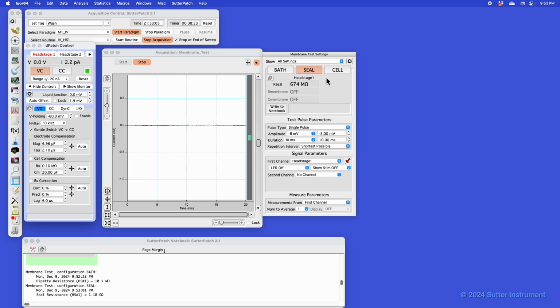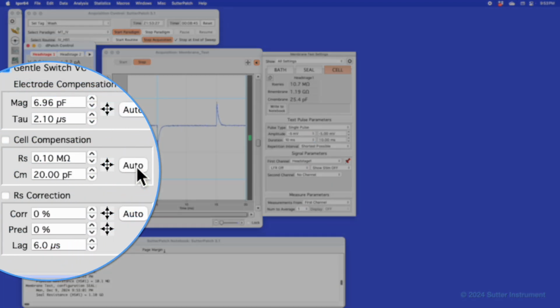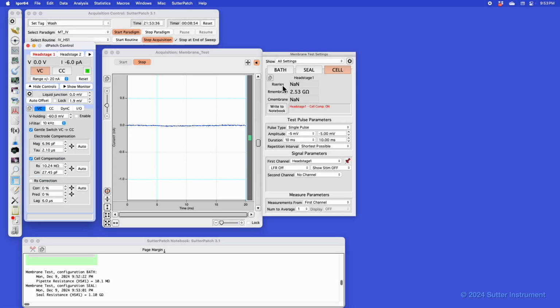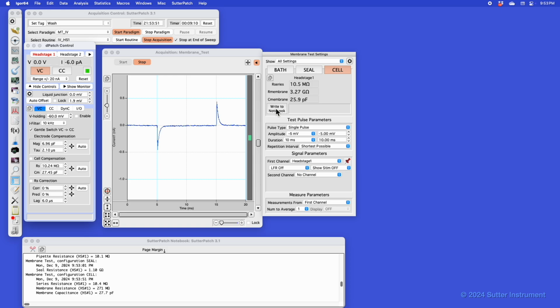Okay. Finally, before we switch, we go to cell mode. We switch our cell mode, and then we have our parameters here, our computed parameters for our series R, membrane R, and C membrane. How close these values are to what the hardware computes is to run an actual cell compensation. So if you run an auto cell compensation, this is a multi-iterative algorithm that runs to compute the RS and CM. And then you compare the values here with what was done here. Now, as you notice, the values here are not valid because we removed the artifacts that it uses to compute them. So we could just disable cell compensation, and then we can get these values. And again, I'm going to write those to the notebook.